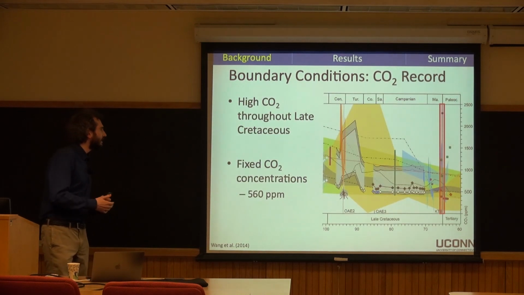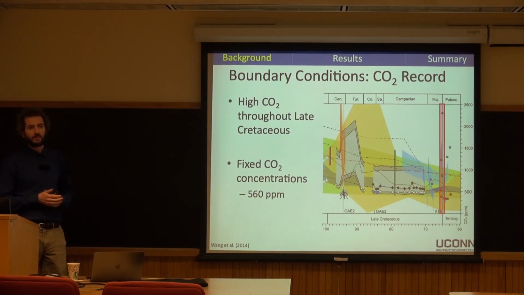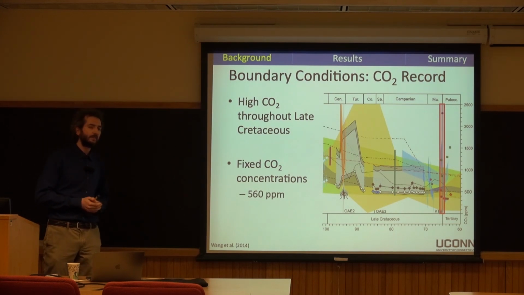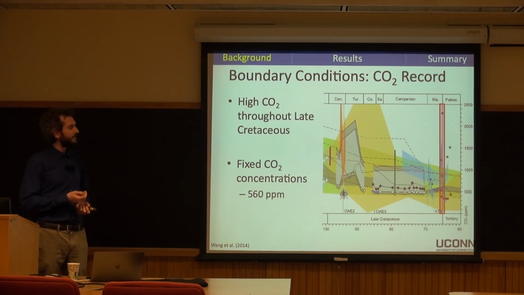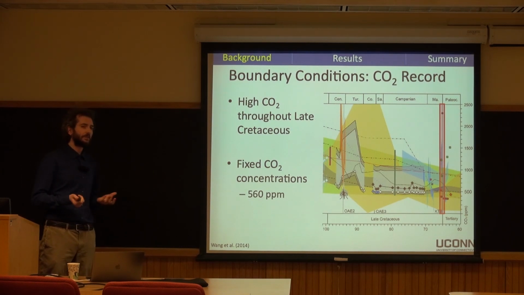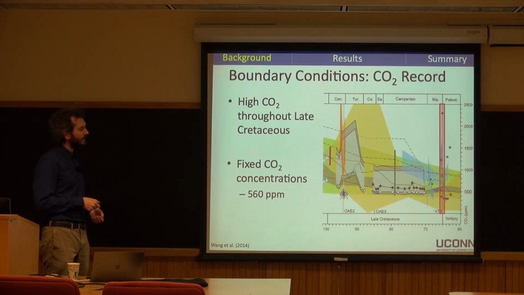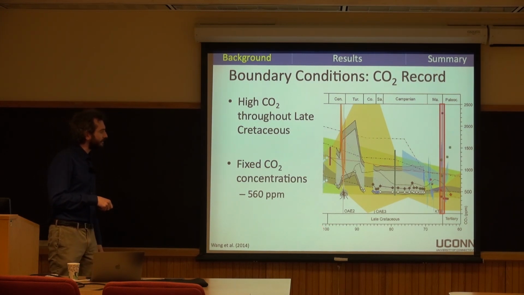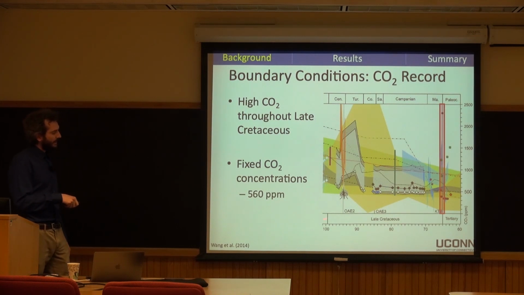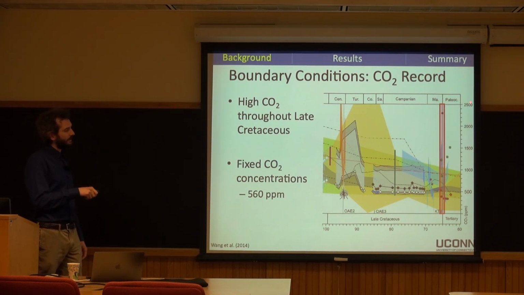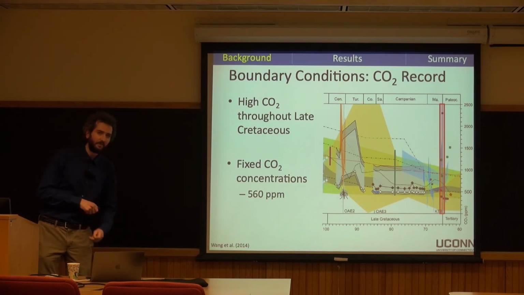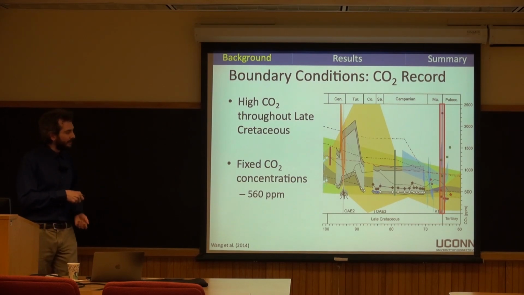In addition to that, there's the difference in atmospheric composition. As you might expect, CO2 was thought to be elevated at this time. But I just want to highlight that there is very large uncertainty in the CO2 reconstructions from this period of time. So here I'm showing a compilation of reconstructions for the late Cretaceous, going from 100 to 60 million years ago, with CO2 concentration estimates from different proxies on the y-axis here. And it's a huge mess, right?